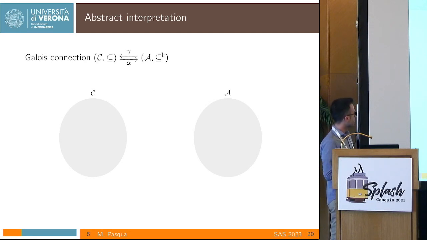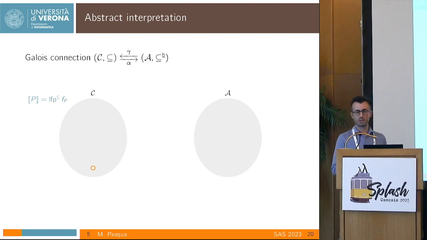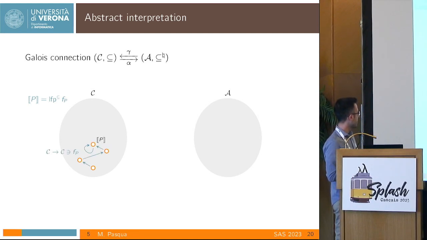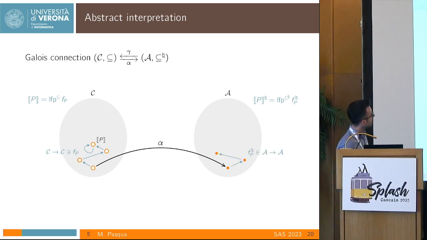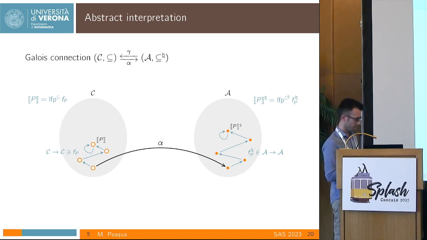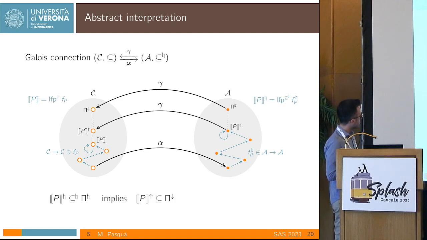The concrete and the abstract domain are linked by Galois connections. Basically, we want to mimic the concrete computation in the abstract world, and because in the concrete domain we are not able to compute the semantics of our programs, we jump to the abstract domain, and we compute program semantics there. We are able to, hopefully, compute this object, and then we can